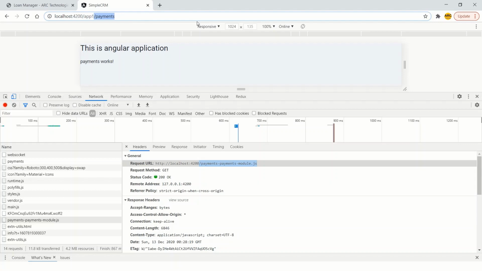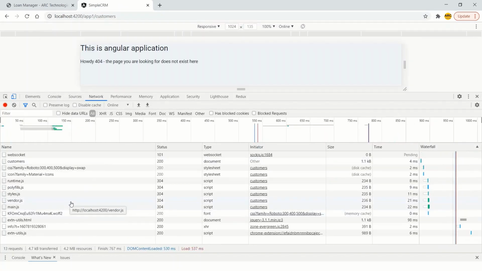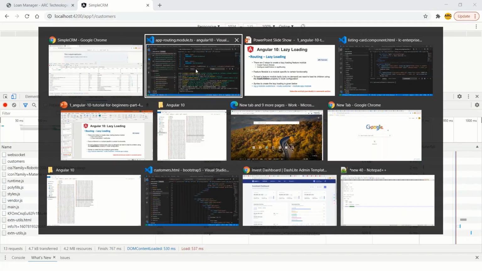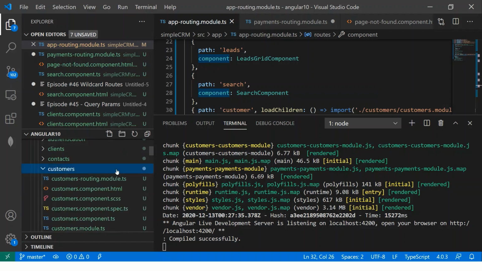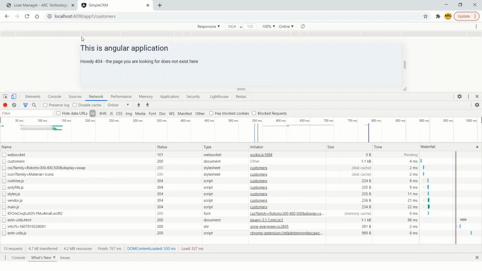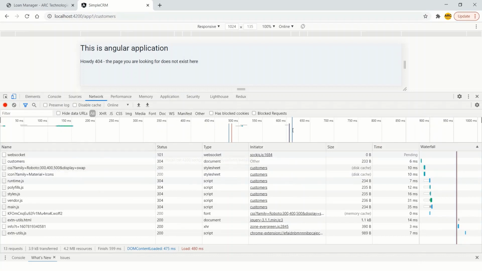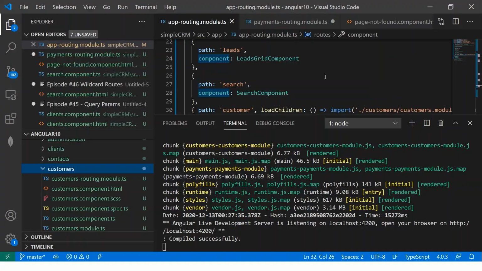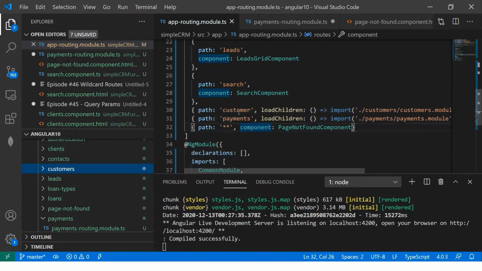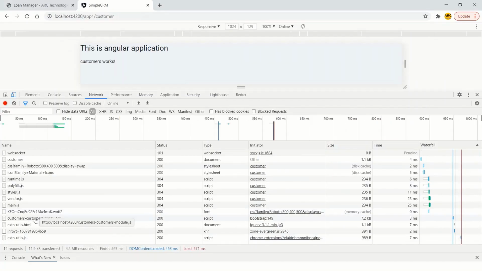Similarly, I have one more route for customers. Let me load that. No, I don't think I have it. Let me see. Okay, no, I don't. Ah, I have it. So let's see. Okay, so slash customers, enter. You should see the customers lazy loaded. Okay, it says the page you're looking for does not exist. But we have that. Okay, it's customer, not customers. Okay, so now you see customers module,